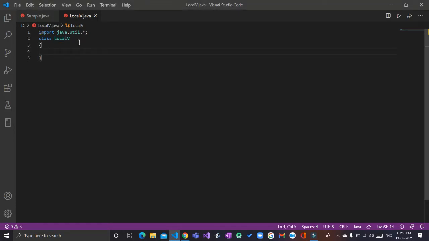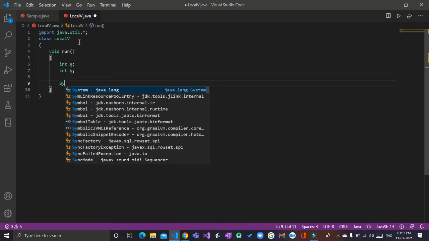Great. Okay, so to talk about local variables, first of all, you need to understand this thing, that local variables are always given inside a function. Okay, what do you mean by that? Let us understand it like this, that if I write void run as a function, and inside this function, what I do is I declare two variables. I say int a and I say int b, like that.